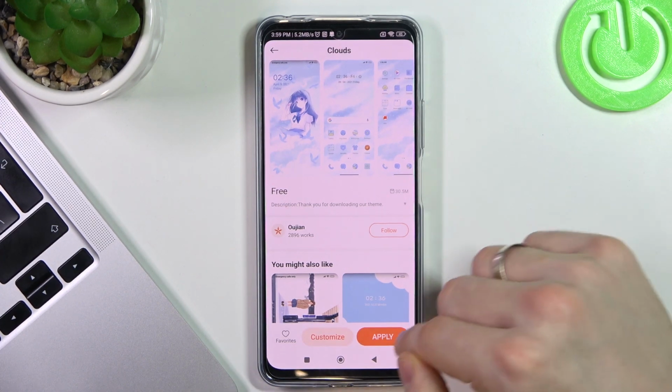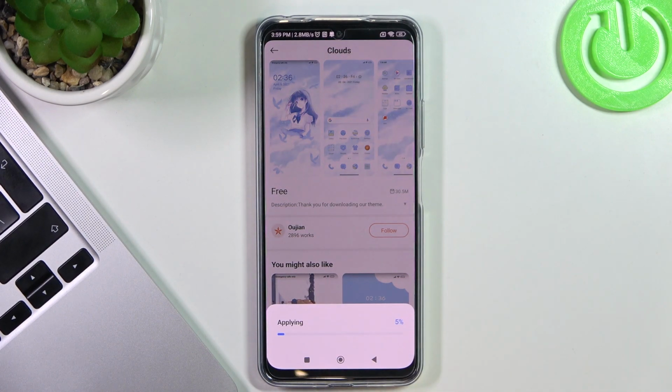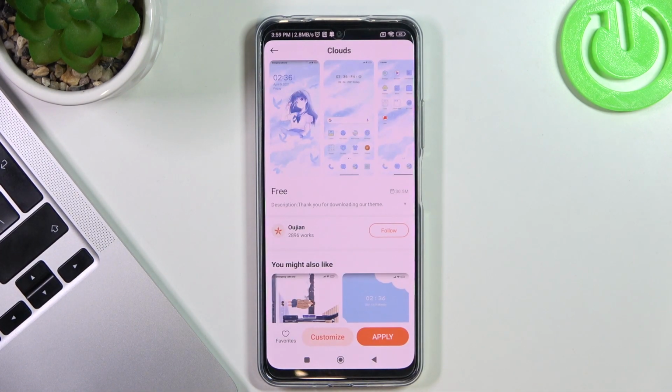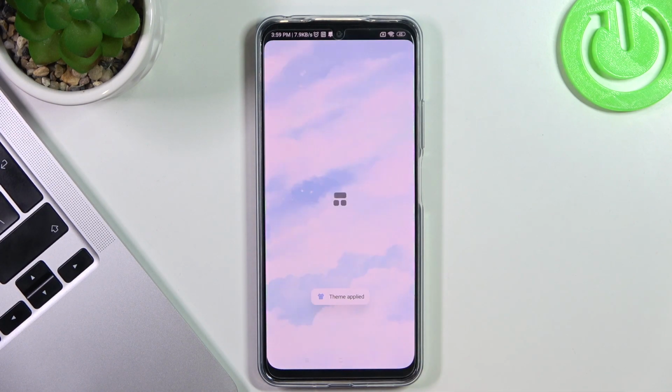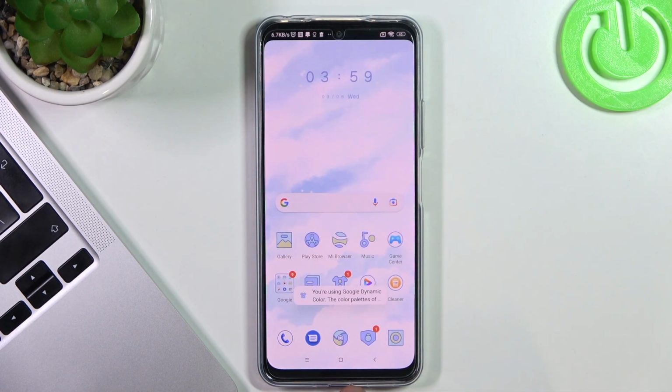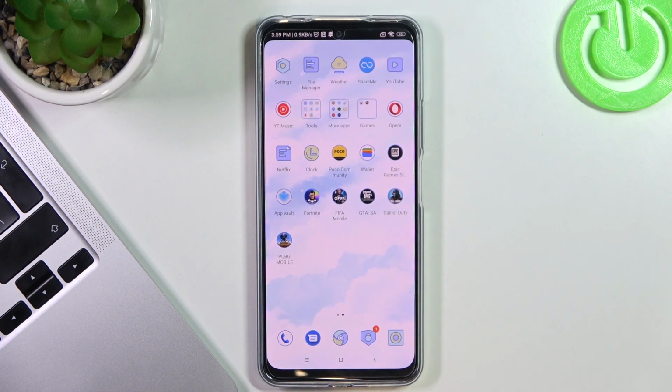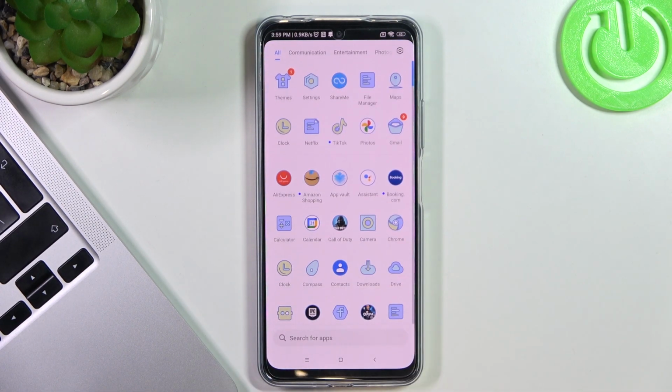So this theme is in the third place in my top. Click apply and go back to the home screen. Great, as you can see, my navigation buttons were changed. Icons on my device were redrawn. Maybe not all icons, but